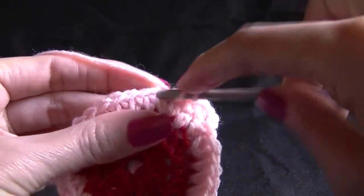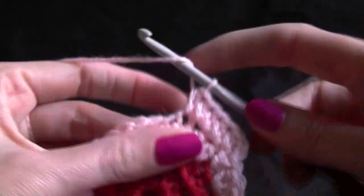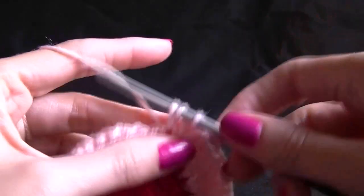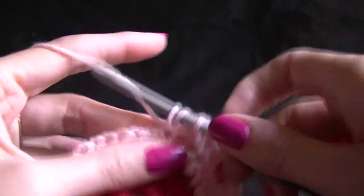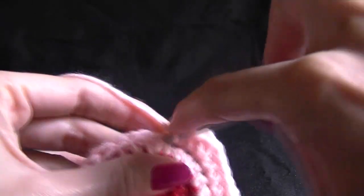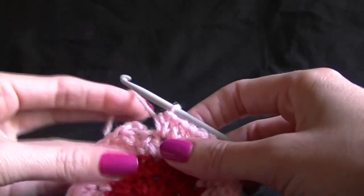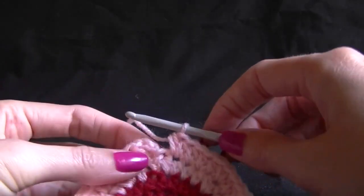Start again. 1, 2, 1, 2, 3, and an increase. And we want to repeat this all the way around till we get to the end of our row. So now you cut off your yarn and we put our hook into the top of the chain